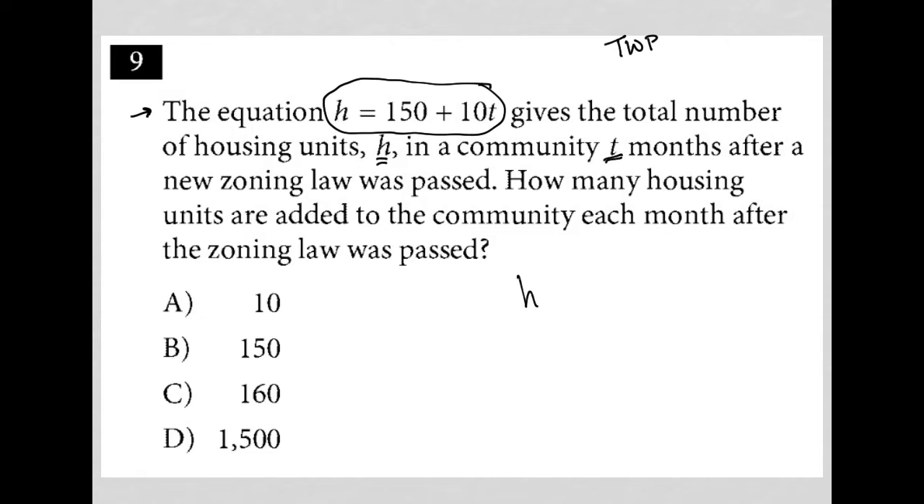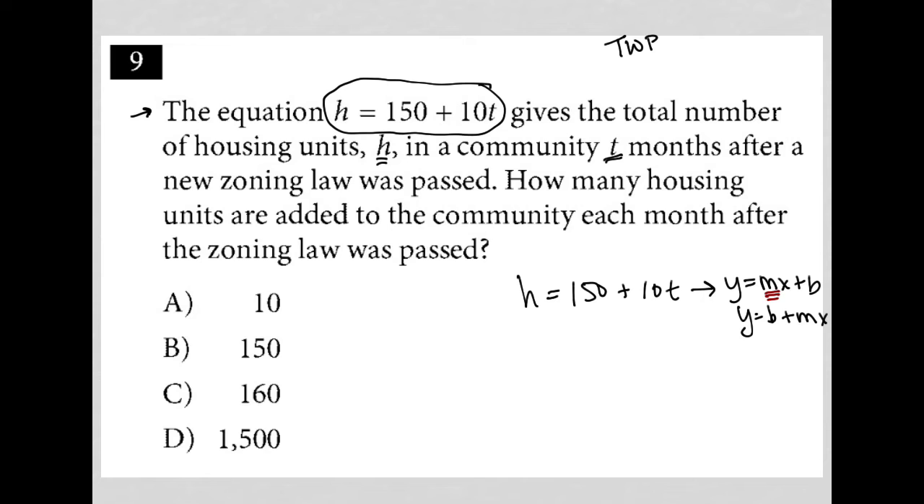So first of all, we have h equals 150 plus 10t. Let's understand what this is. This is in the structure of y equals mx plus b. Yep, things are moved around to like y equals b plus mx, but it's still the same exact structure. So if we realize and recognize that, we know that the term in front of the x is the